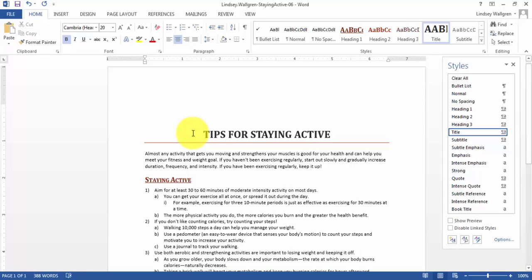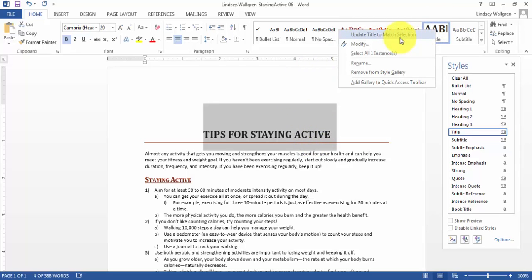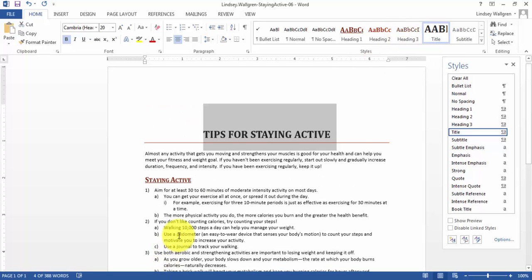And now we want to right-click the title style in the Styles pane and select Update to match selection. So I had deselected this. I'm going to reselect it. Right-click on our title style and Update Title to match selection. Okay. Now step F, select the bulleted list at the bottom of the document and click the bullet list style